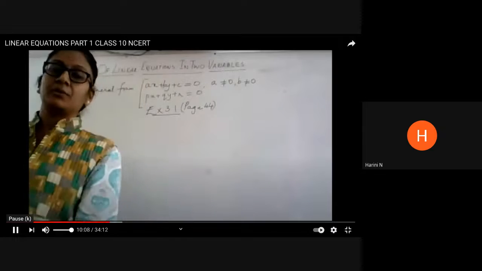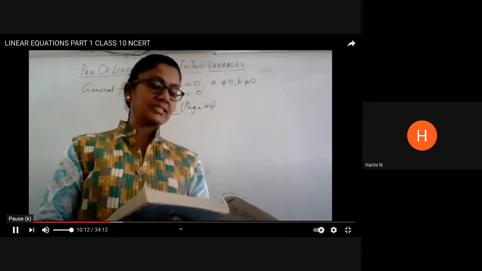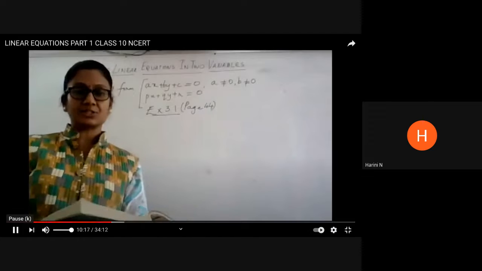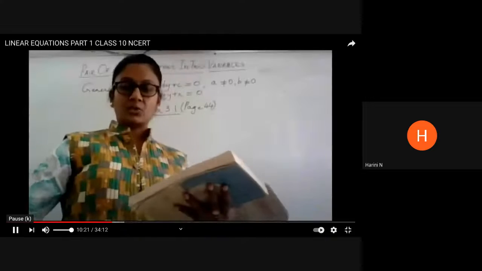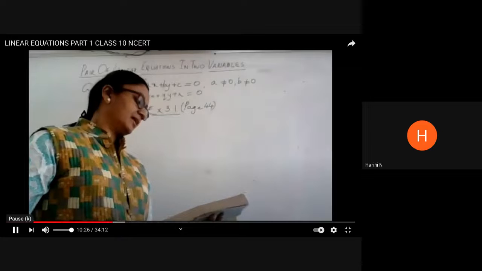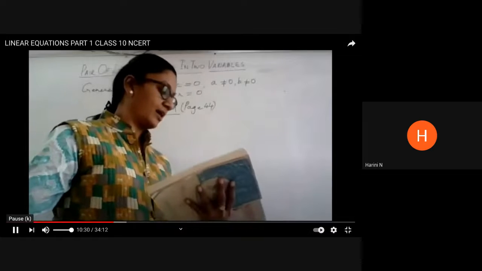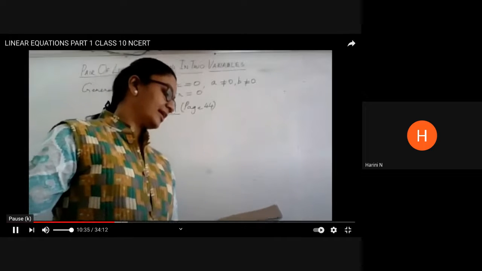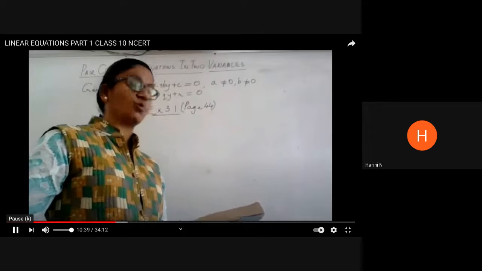Okay, so I am on problem number 1. What we will do now is represent all these situations algebraically first. What do I mean by algebraic representation? It means I am asked to frame the equations. So I am on problem number 1. Aftab tells his daughter, 7 years ago, I was 7 times as old as you were then. Also, 3 years from now, I shall be 3 times as old as you will be.